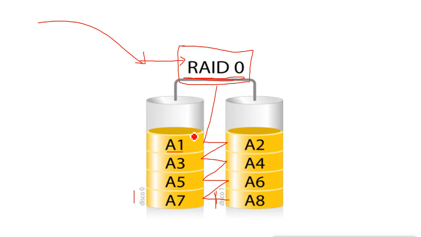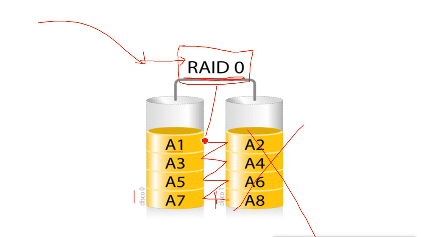Now it gives you performance: when you write data into this partition, it will write quickly, and when you read the data, you will read quickly. But the problem is it is not giving you redundancy. The meaning of redundancy is, if you lose one of the disks, for example this disk gets corrupt, then half of your data was in that disk. If you lose the disk, you lose the data, no matter whether you have two, three, four or five disks. You lose one disk, you lose data, and that is why it is not redundant.